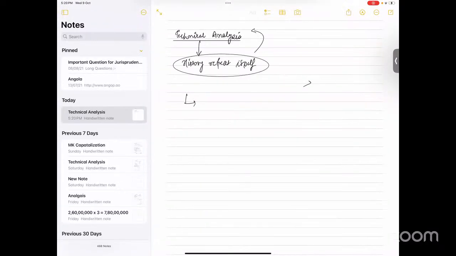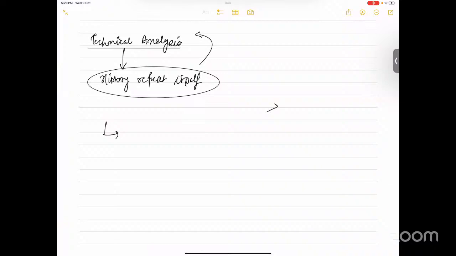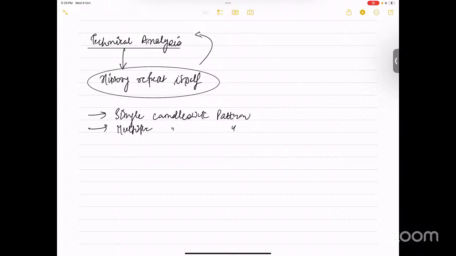One is single candlestick chart pattern और एक होता है सिंगल के अलावा मल्टीपल कैंडलस्टिक पैटर्न्स. So this thing you can write down: there is single candlestick pattern, and the second is multiple candlestick pattern. सो अब अगर हम सिंगल कैंडलस्टिक पैटर्न की बात करते हैं,